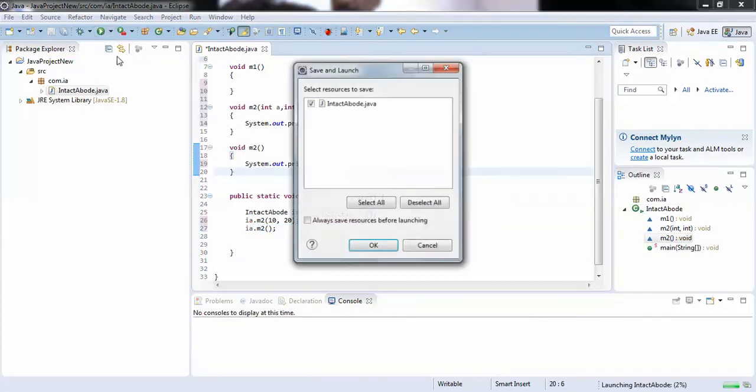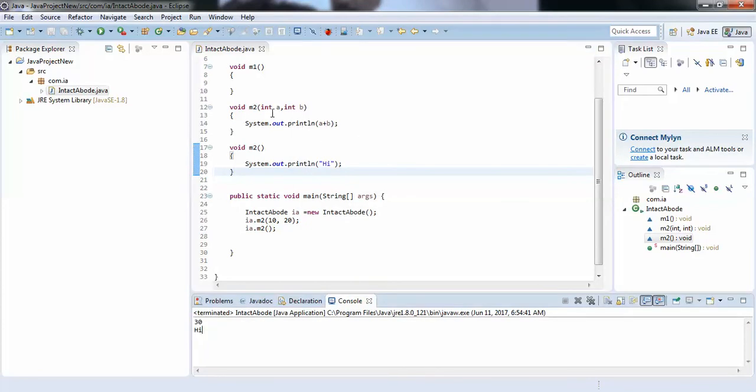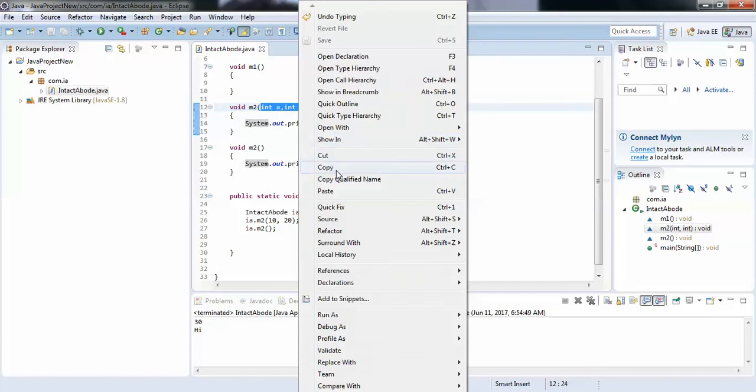So when you compile this, it is perfectly valid. 30 is printed and hi is printed. See, 10 plus 20 is 30, and hi we have printed here. So in this case, the same method name but a different parameters list is nothing but method overloading. So here you can see, if you try to pass the same data types again,